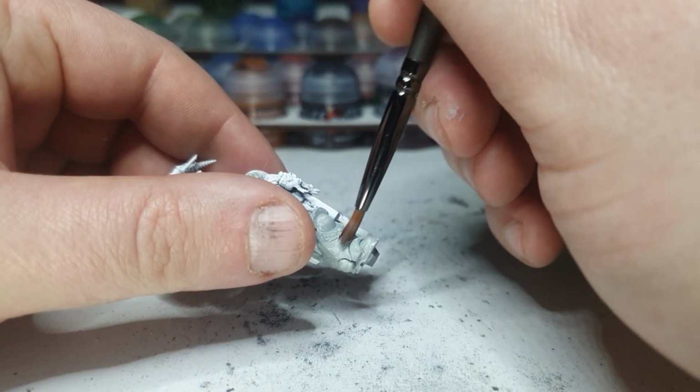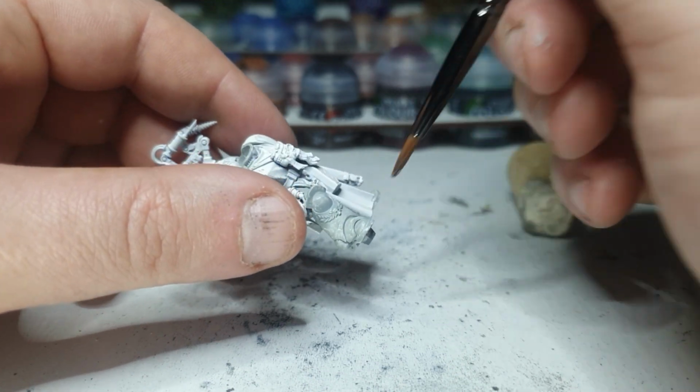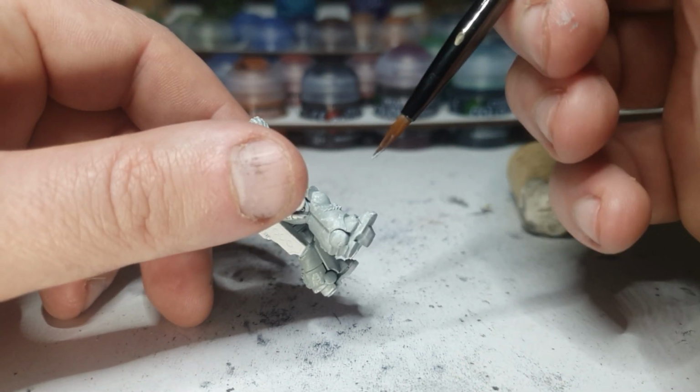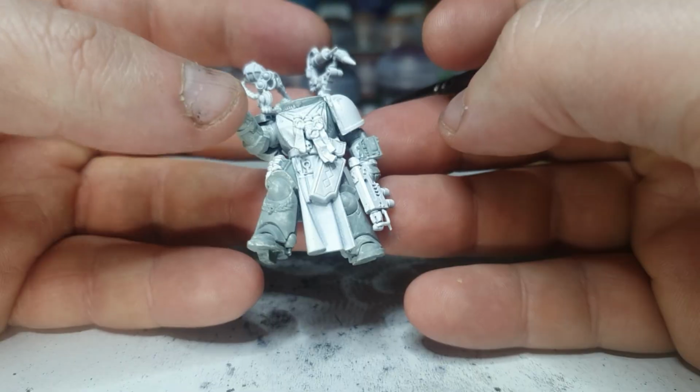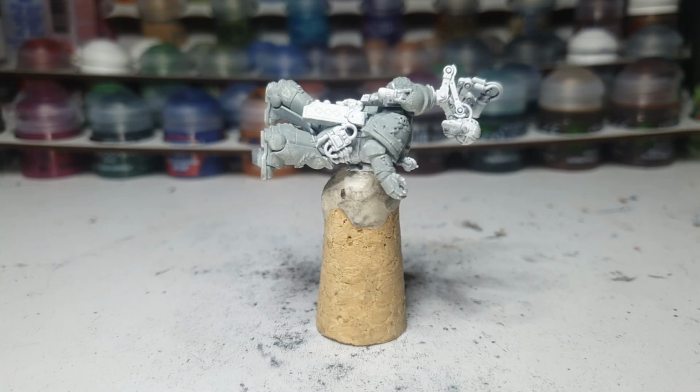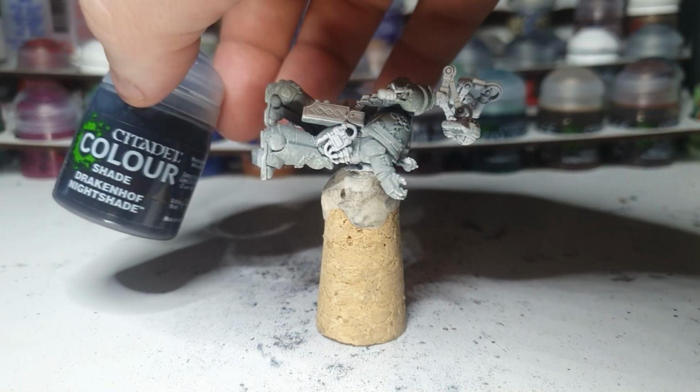Right, I think maybe I should try and make it less blotchy on obvious places like the leg, actually, in hindsight. That's what a smart person would do. And I'm an actor, so I'm going to act smart. There we go. That's mildly better. Yeah, it'll do. Alright, so now with that dry, I'm going to wash it with some of this Drakenhof Nightshade